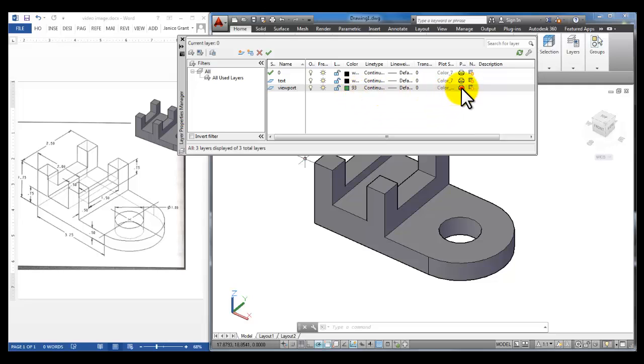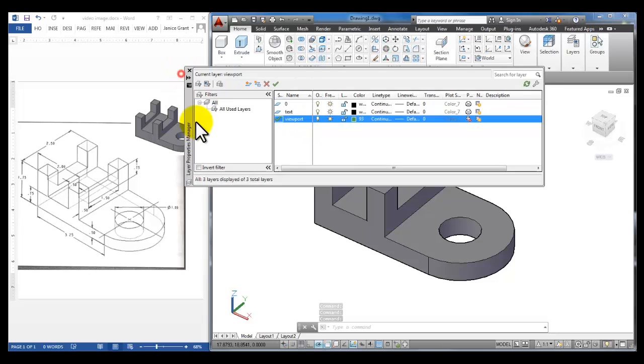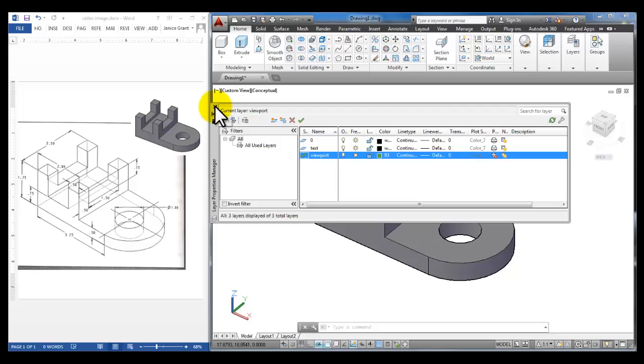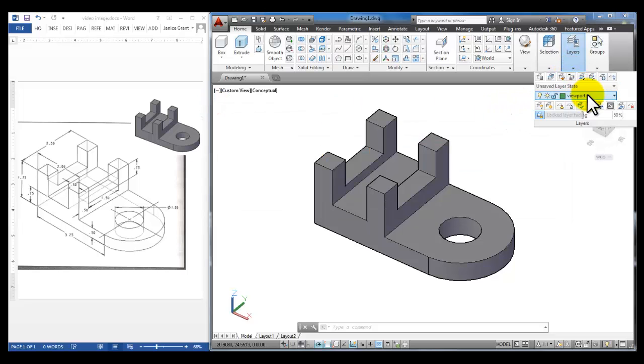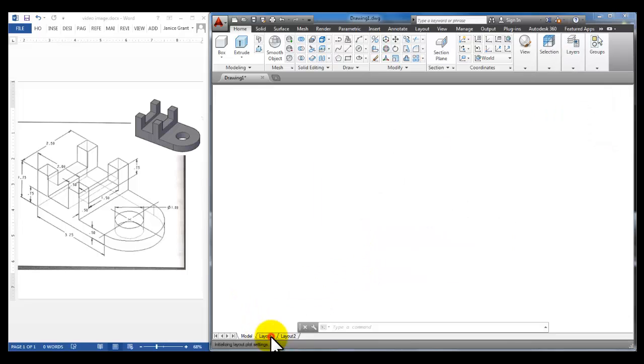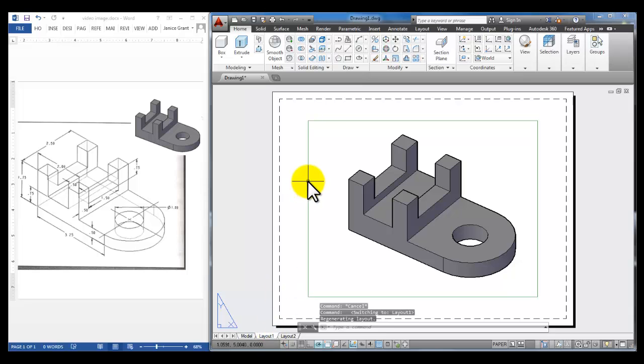And most importantly, we want to make it a no plot layer. So click on the little printer icon in this layer manager dialog box so that layer will not plot. And then double click here on the sheet of paper to the left of viewport so that we can make that the current layer. We can close out of this dialog box and verify that the viewport layer is current. And all that does is when you click on layout 1 down here, it automatically creates here this viewport hole in the paper